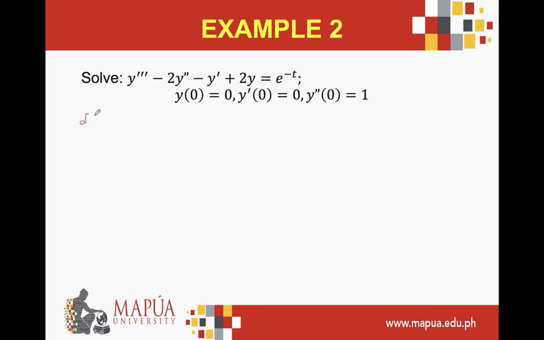So Laplace of y triple prime minus 2 Laplace of y double prime minus Laplace of y prime plus 2 Laplace of y equals Laplace of e to the negative t. So this is s cubed Laplace of y,